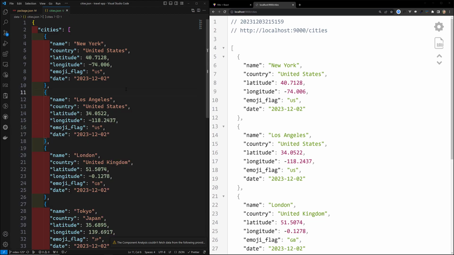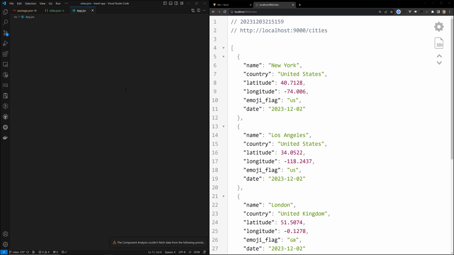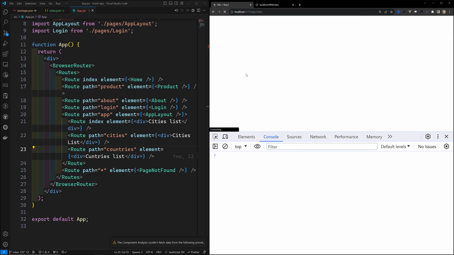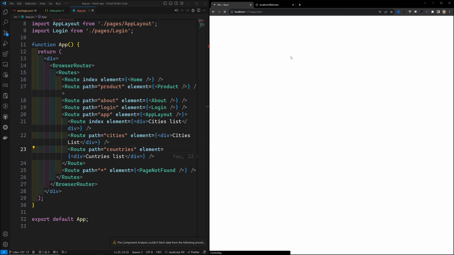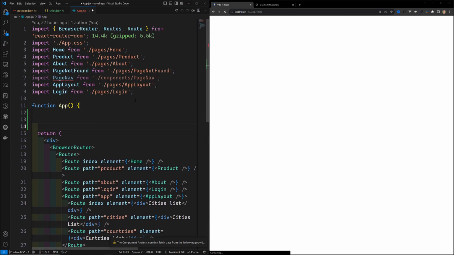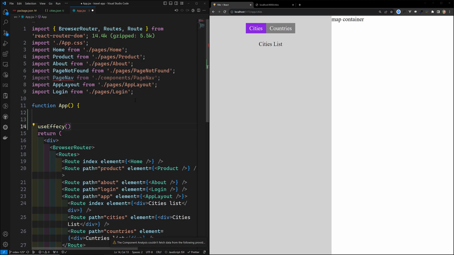Right now I will call it in the app.jsx file. App.jsx means it is the root file. All the time, if it is not useful, if you are in the home page also it will be calling, but it should be called only in the cities page. When we are in app/cities, we will do it afterwards. So first let's try to implement it here only. We need to call this API when the component is mounted, and for that we need to use useEffect. So I will be writing this useEffect,